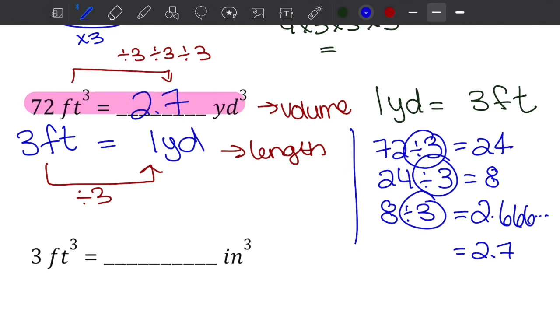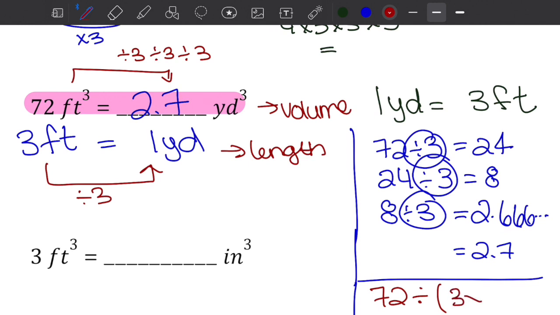Okay, now what if you wanted to do this in one step? How would you do it? You would go 72 divided by, in brackets, 3 times 3 times 3. And I know this sounds a bit bizarre because you're probably thinking, why are you multiplying when you said we